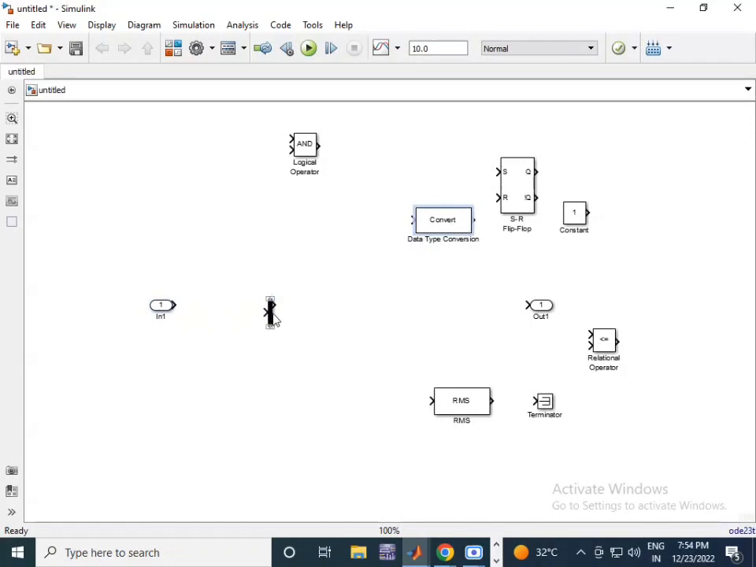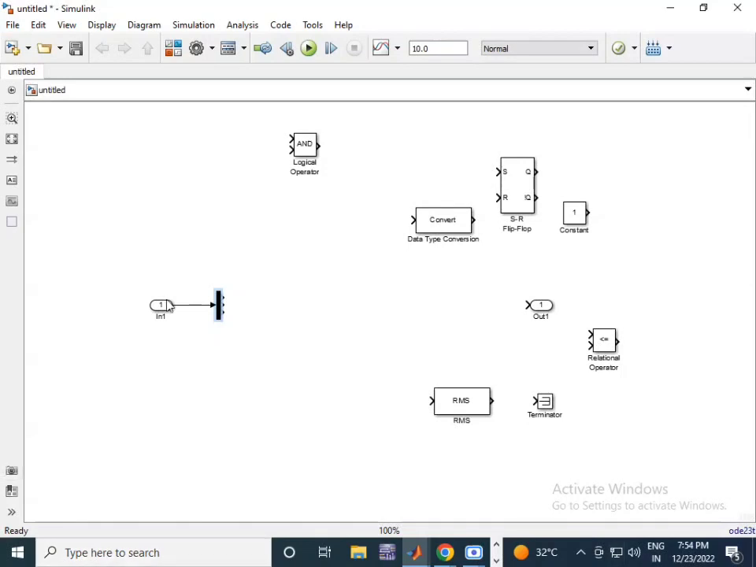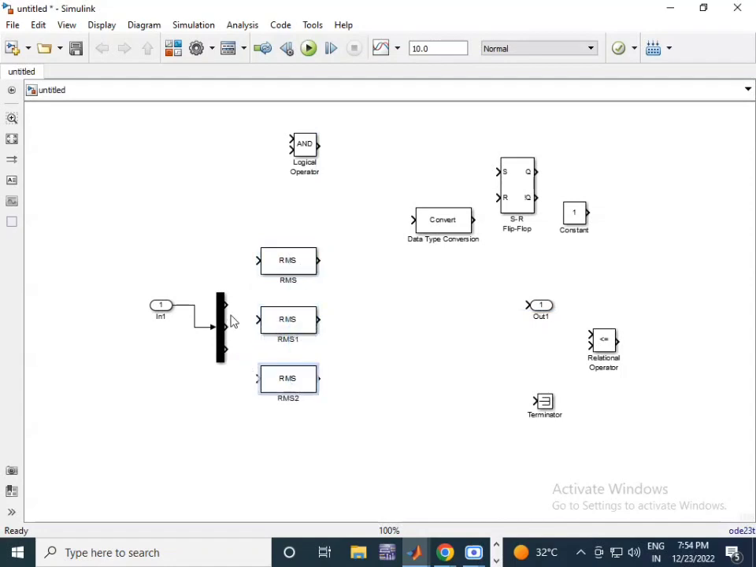So I'll start aligning them as per our circuit diagram. So first I'll connect our input to our demux. Ours is 3-phase system, right? That's why convert the demux into 3 output ports. Click OK. Then I will elongate it. Then after that we connect RMS to convert it into normal current, real value current I mean. So RMS, RMS, RMS. After RMS always comes our